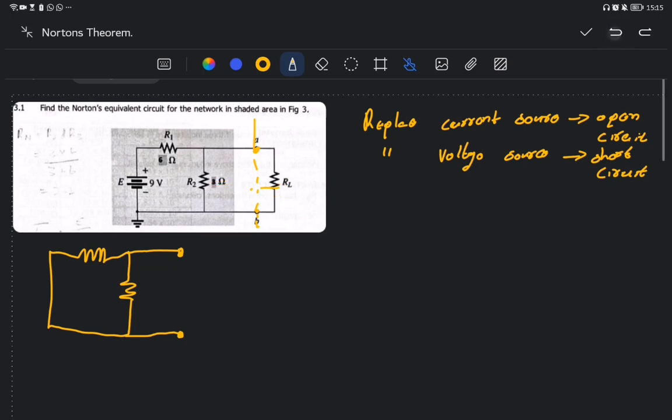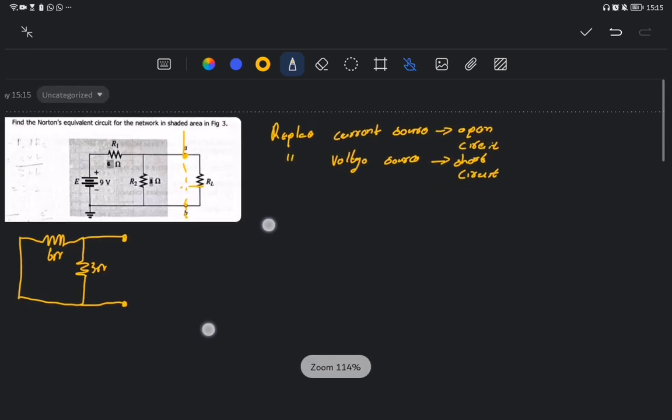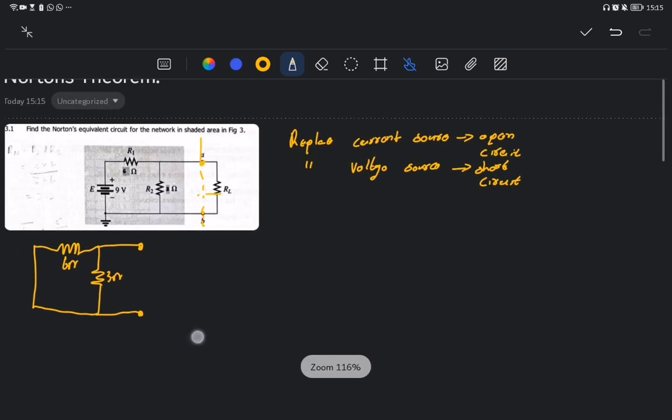Looking at this one, we still have 6 ohms here, and we still have 3 ohms there. What we need to understand is that these two resistors are in parallel, agreed? Because they are connected onto common nodes, that node and that node there. So our R Norton, not our total by the way guys, very important,